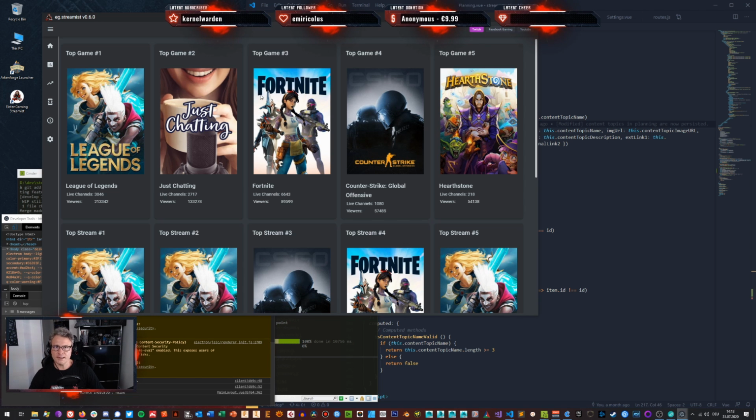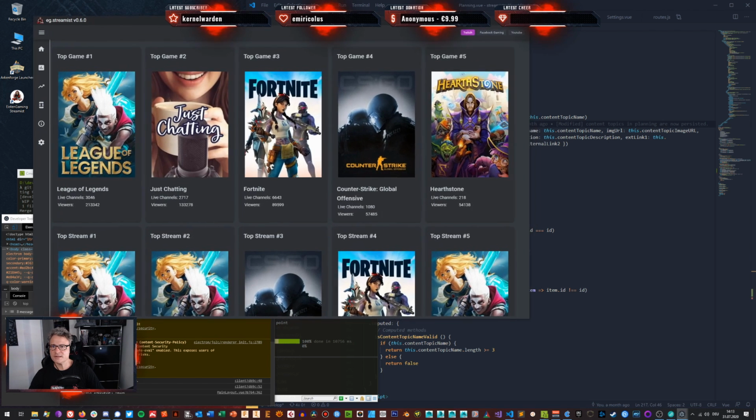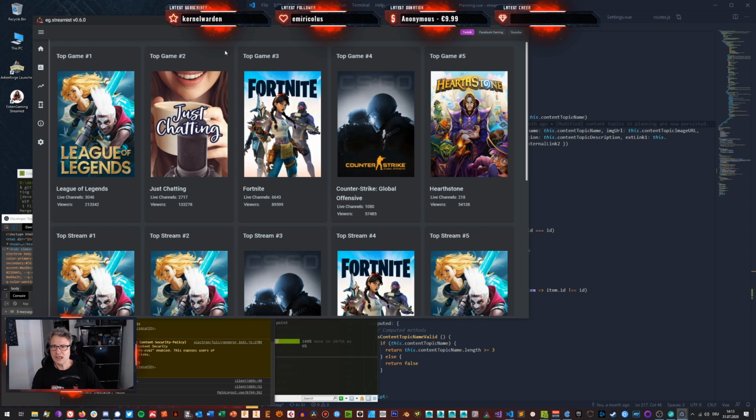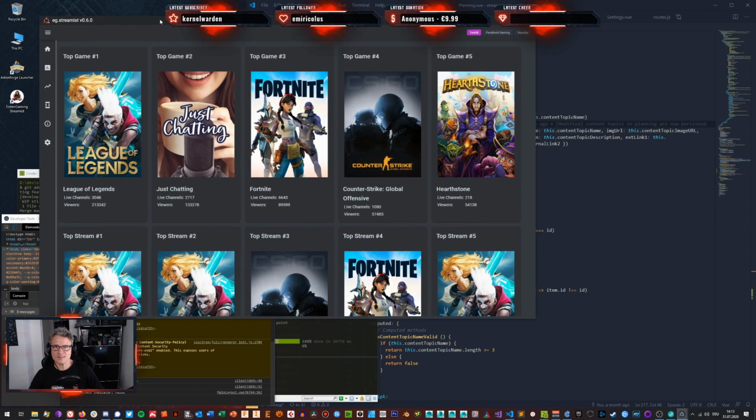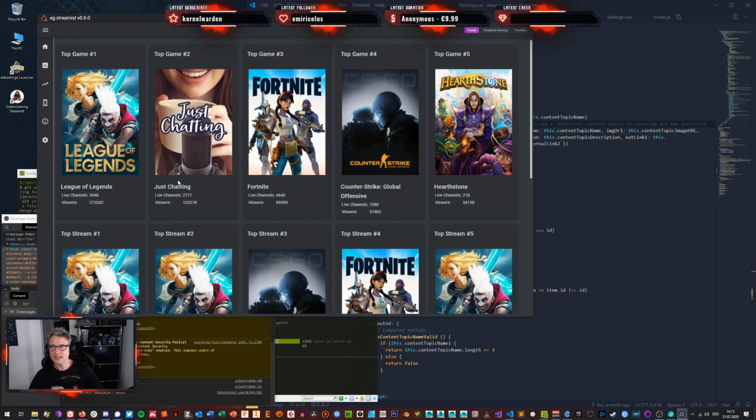The general idea of StreamTeam is to be able to do research on all 3 platforms in one tool. This means what games are played, how many viewers these games have, how many live channels per game there are, for example, something which you could research using this tool, and how this develops over time. If you want to do research on a specific topic or a specific game, this tool helps you do that. So this is the homepage.